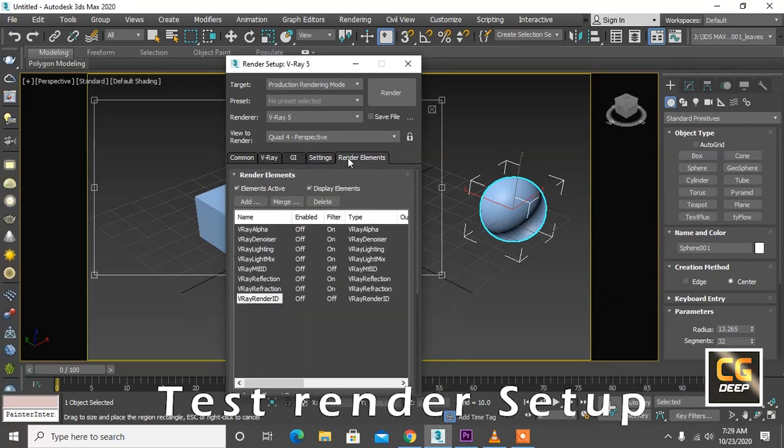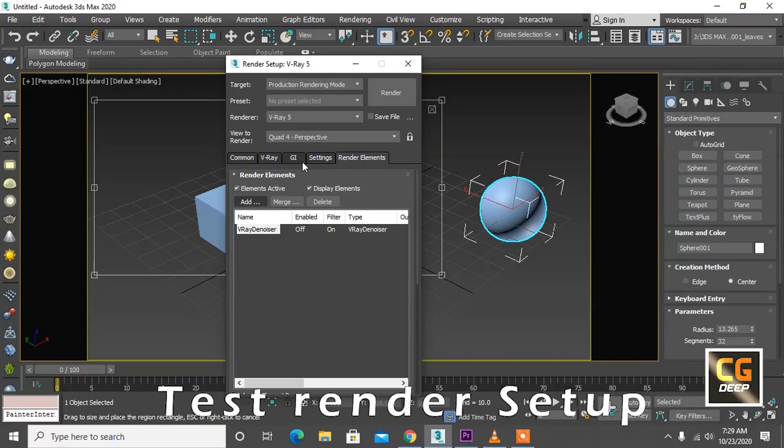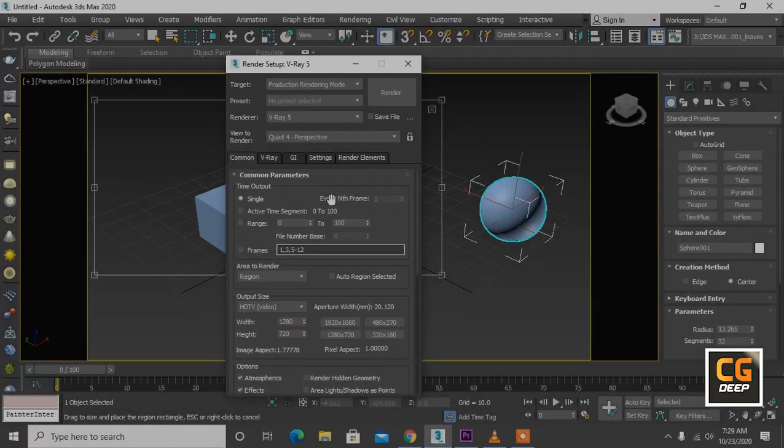And go to the render elements and delete all the render elements and just remain V-Ray denoiser. Now you can see, just delete it, and how to add this, let's add V-Ray denoiser. It will remove all the noise of your renders.